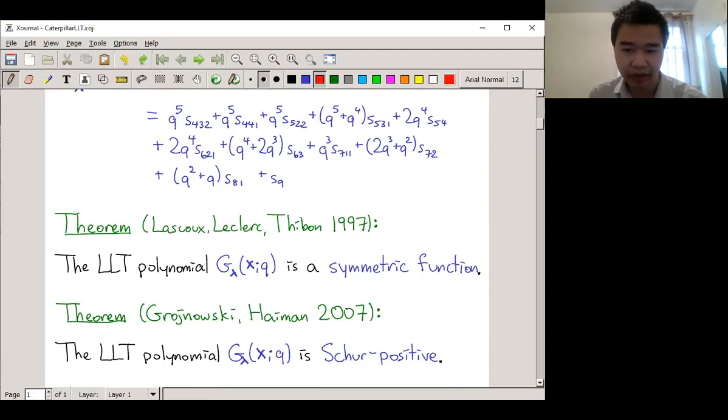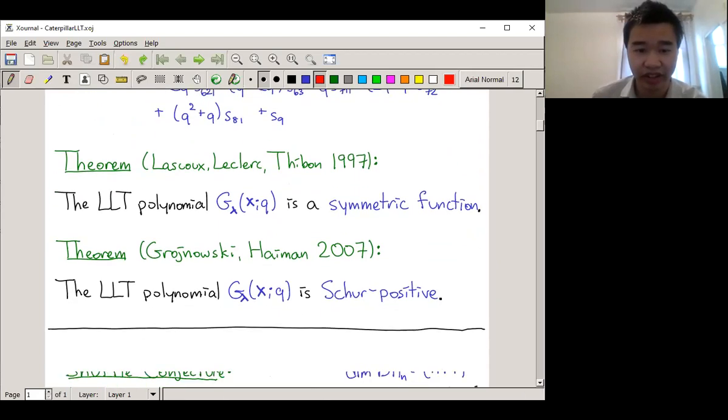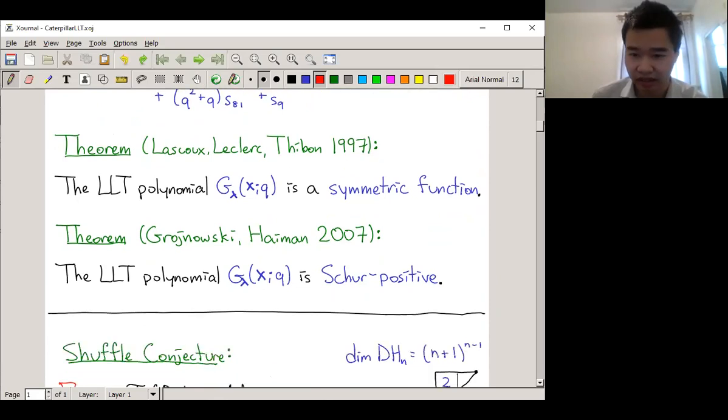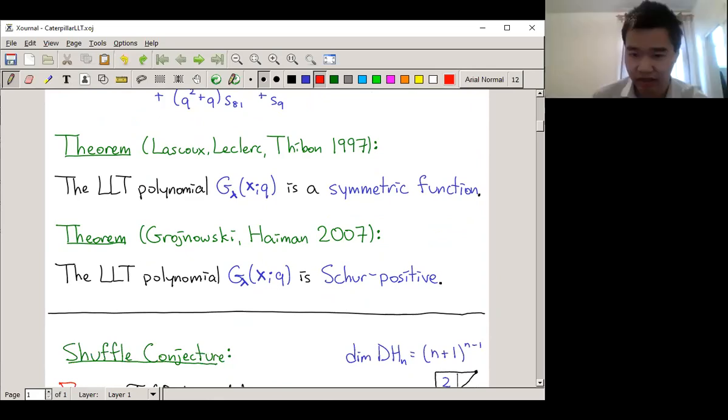So I'm just going to briefly mention some applications that LLT polynomials have in some other areas of algebraic combinatorics. If you're not too familiar with them, then don't worry, they won't really come up more in this talk, but just to provide a bit of context. So the shuffle conjecture was recently proven by Carlsson and Mellit. And what it does is it gives